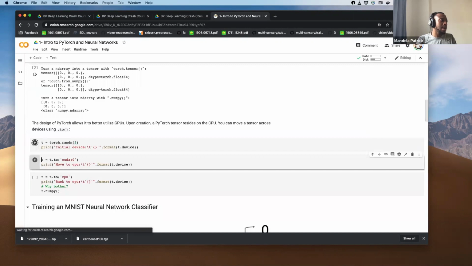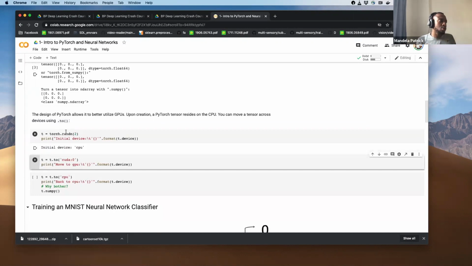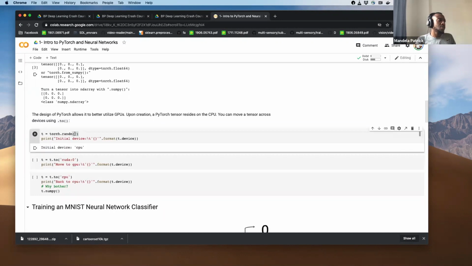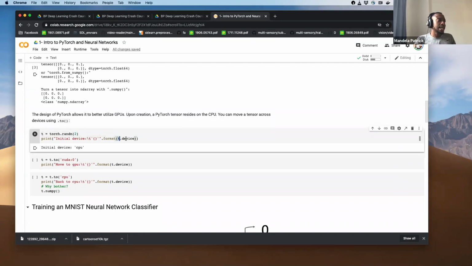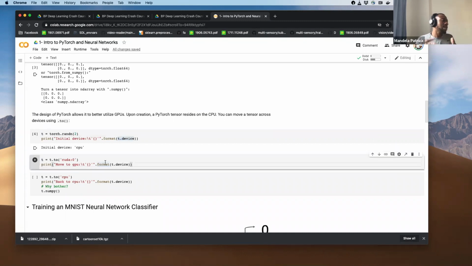And here, torch.rand is the utility function that creates random values of shape 2. And as you can see here, we're printing the device that the value is stored on. And it's stored on what we call a CPU, which is the central processing unit. But what we want to do is do our computations on GPU, which is called CUDA. So we can move this to a GPU, GPU 0.